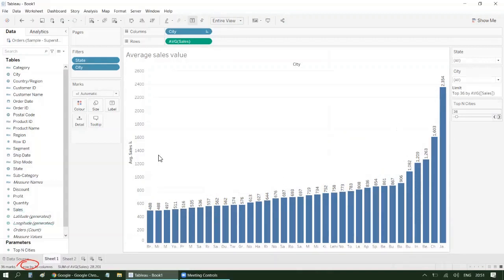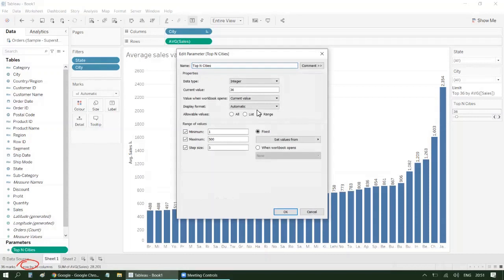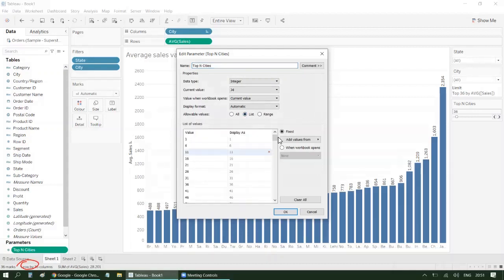And there is one last option called list. What is list? Let me show you. Now let's say you don't want the user to type in something or keep on clicking next. You want some standard options to be given, like top 3, top 5, top 10, top 20. How can you do that? Just click list.